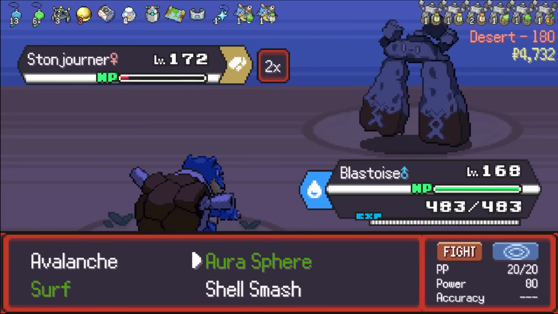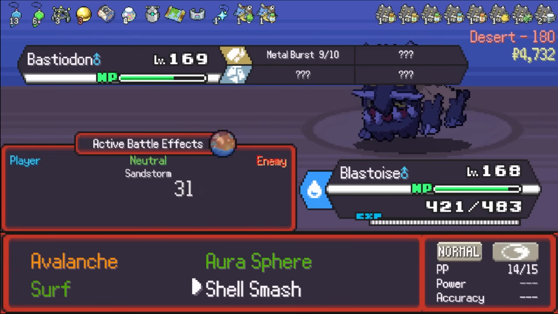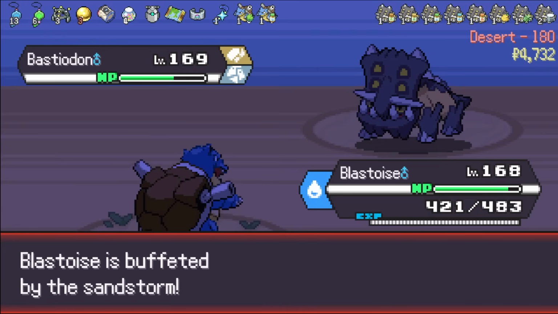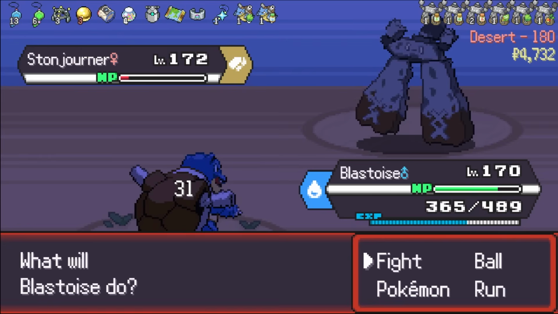Alright, so I would assume he would switch here. We'll go for the kill and see. Okay, I don't think the thing can do too much to me. Metal Burst. Don't like that. My defenses are dropping. I don't think he can kill me, right? Okay, so he's just going to keep trying to go for Metal Burst, so we should be able to just one-shot him here, though. Alright, I mean, +4 times effective Aura Sphere is, you know...